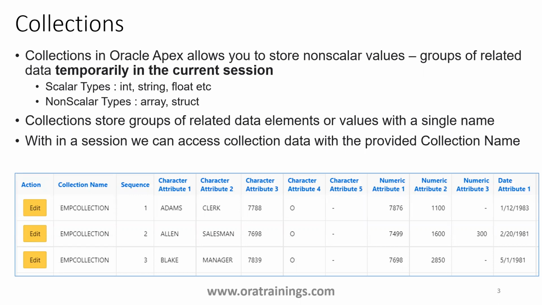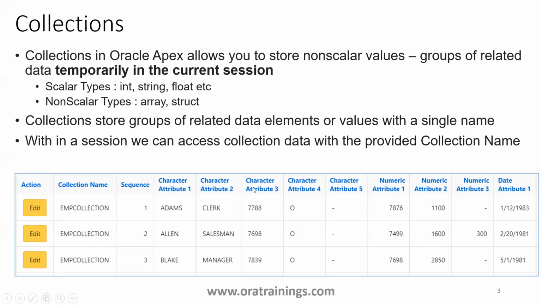But in the Oracle database, if you want to modify or insert any data, you require multiple database sessions. With Apex collections, you don't require multiple database sessions or DB calls. The session management will be taken care of by Apex. So it's like a global temporary table, but not exactly. It's kind of a non-scalar record which holds a different set of values, similar to an array or a structure.